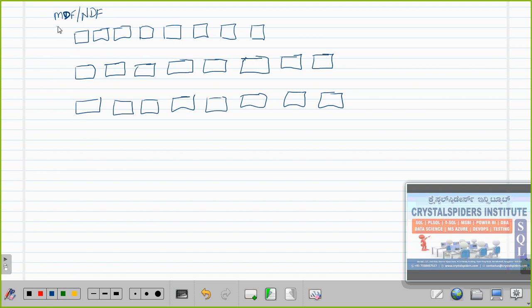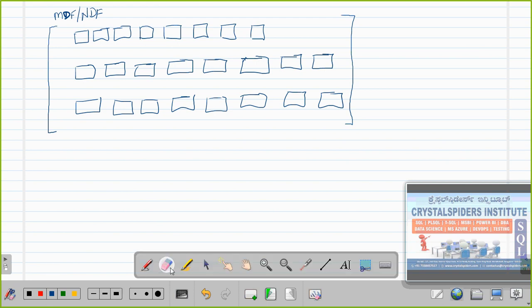This is all the files that we are seeing inside my data file. That can be MDF or NDF, whatever it is. And when these files get occupied, again new files keep on getting created. It will keep on getting new files guys. We need some space among these pages. I am going to write the tables which are occupied by these pages.